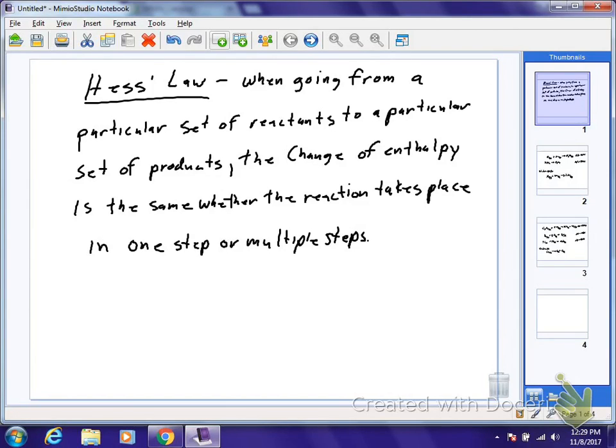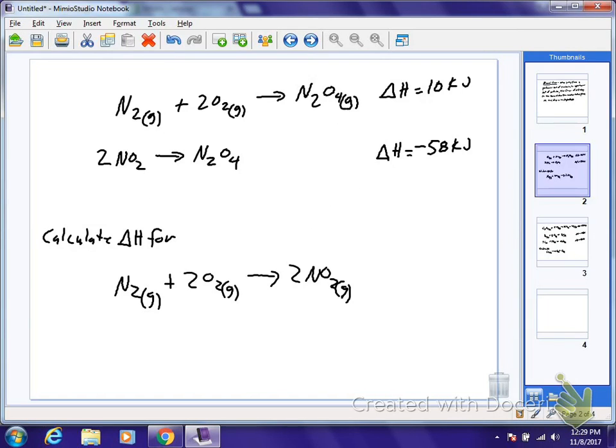Okay? So here's the first example. It's a real simple example. I will put that back up if you still want to copy it. It's in the book, Hess's Law. But we'll go ahead and get the problem, and I can put that back up. So here's two reactions that we know the energy associated with. Okay? And so what we'll need to do is rearrange the reactants in order to fit the final outcome. So what I do is I like to look at